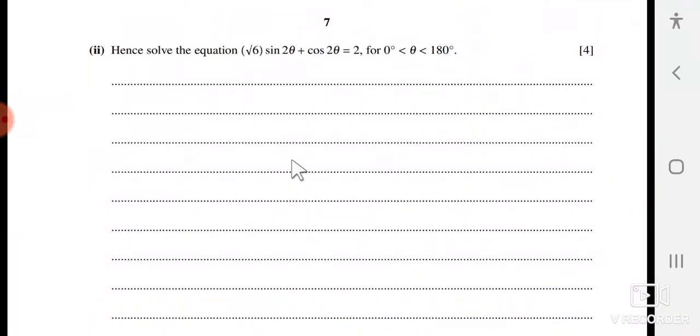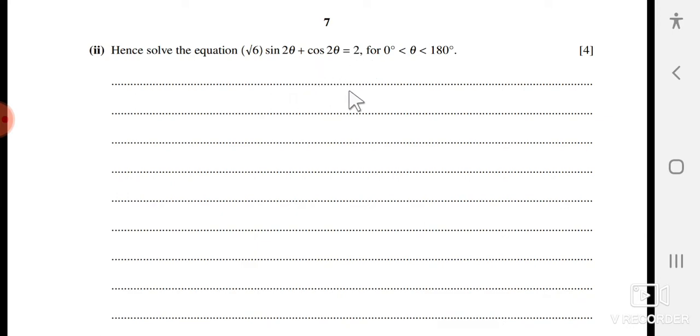buddies, my dear friends, you see that this is the general form of this expression, and it looks almost simple, but with just a small variation, the angle is different. In the above question it was x, but here you see there is 2 theta. So you can replace this, the above, r times sine of x plus alpha, there. Okay, in the place of this, just a small variation: r would remain, but instead of x you will replace that by 2 theta, and then you will put it equal to 2, and then you divide simply by